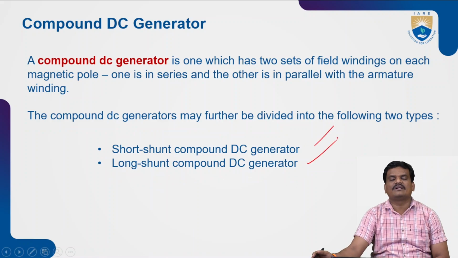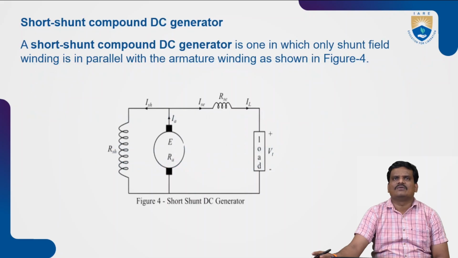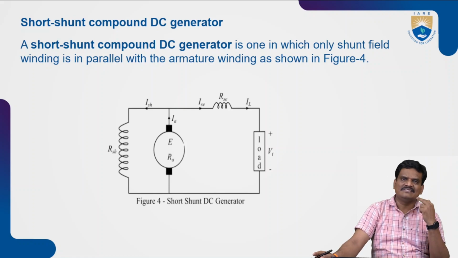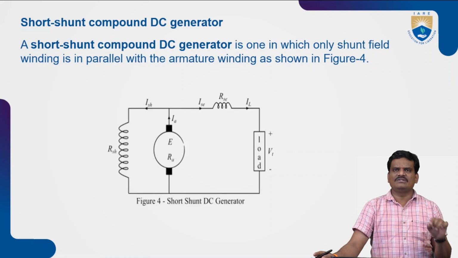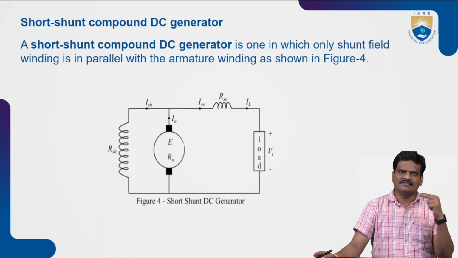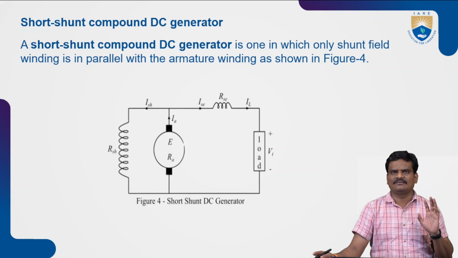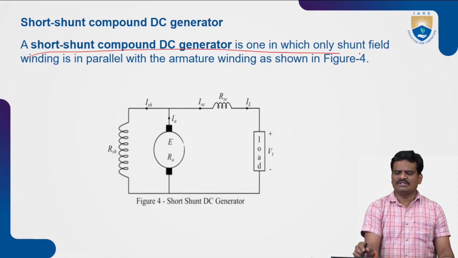We will discuss what a short shunt compound DC generator is and also what a long shunt compound DC generator is. Now, a short shunt DC compound generator, as I have said earlier, is a combination of both series field winding and shunt field winding. So, if it is a compound generator, it needs to have two field winding sets. One is connected in series and the other is connected in shunt. So, we can see here, if it is a short shunt compound generator,